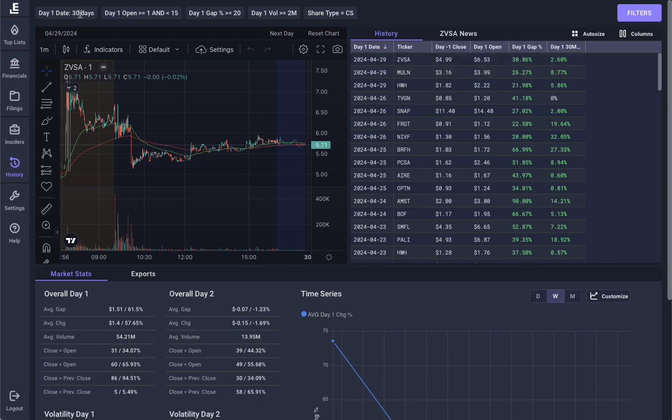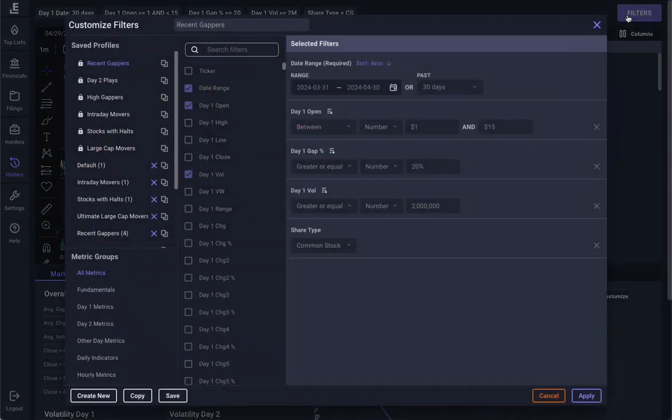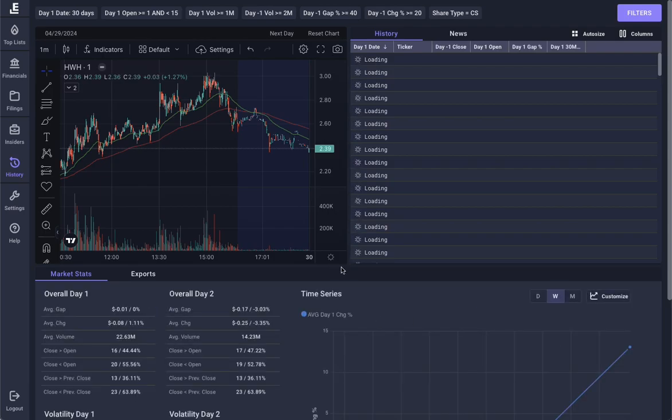What are the criteria? Here we have last 30 days, price day 1 open between 1 and 15, the gap percentage of 20%, volume 2 million, etc. And you can click through them. Now, the filtering experience is very similar to the top list page. So here you can say, I want to know all the times where a stock has had a day 2 play. And you can go ahead and hit apply, and this is a pretty snappy experience,